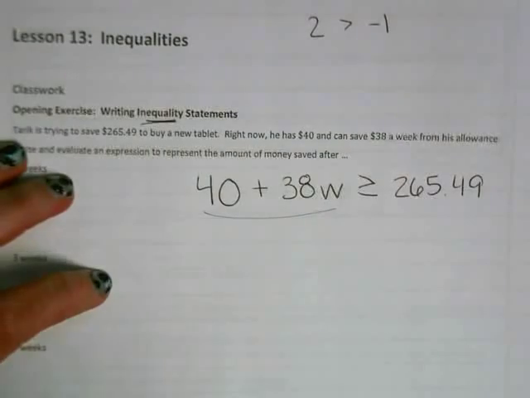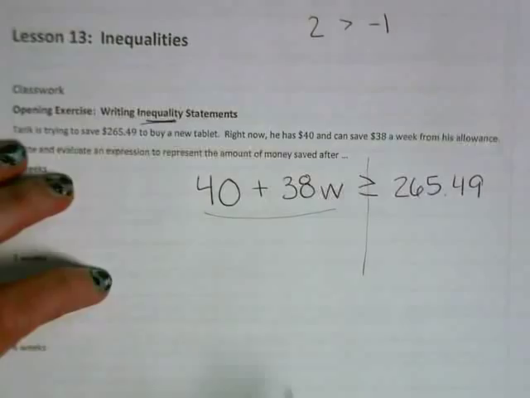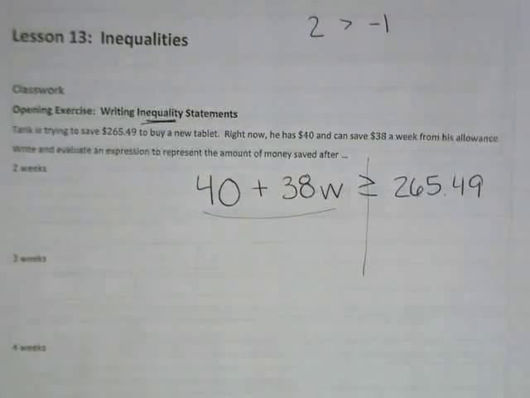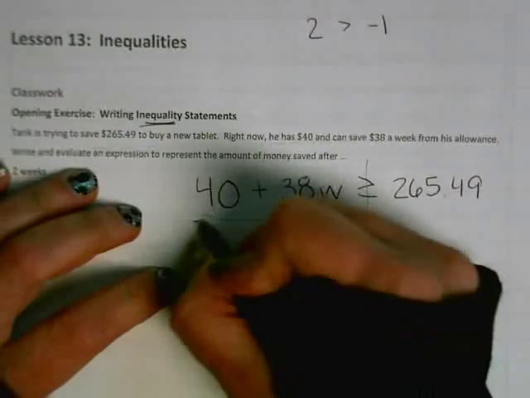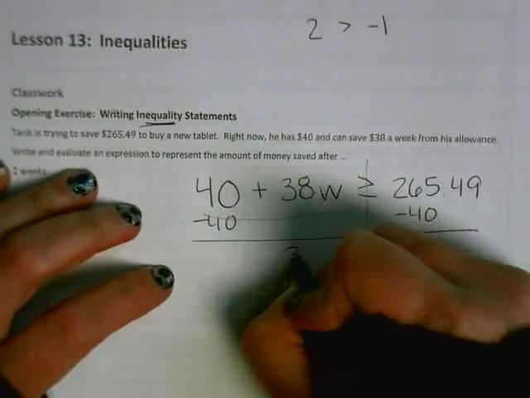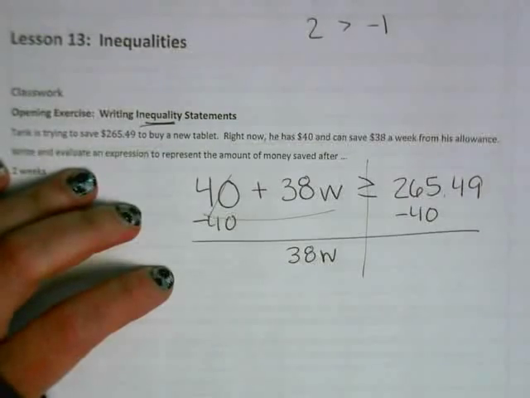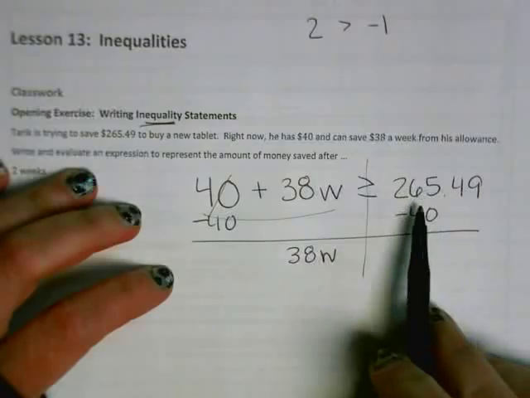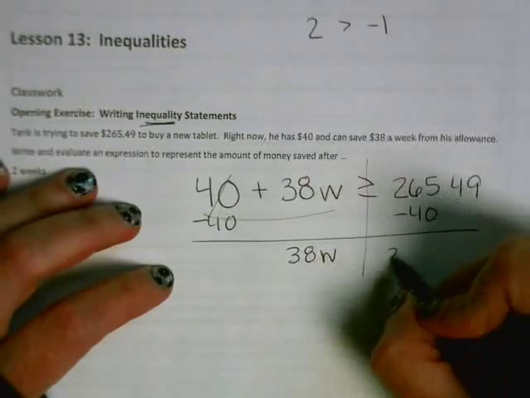So can we try and solve this really quickly? We know our rules. We know this is like our equal sign, and we know we're allowed to do things to both sides as long as it's not multiplying or dividing by a negative. Then we have to do some work. We have to flip that sign around. So to get rid of this plus 40, we would subtract 40. Let's bring down what's left. 38W, because this 40 goes away, and then we're going to subtract $265.49 minus 40, and we're going to get